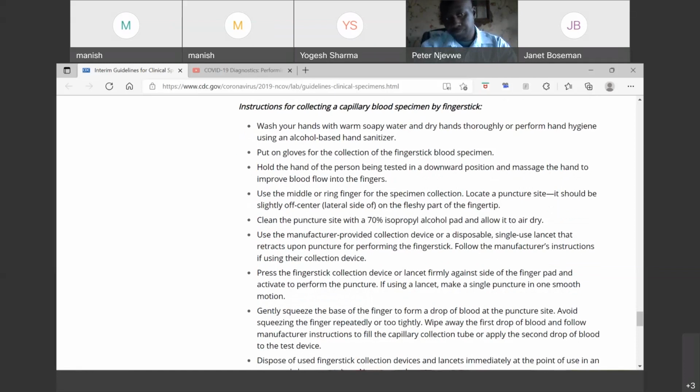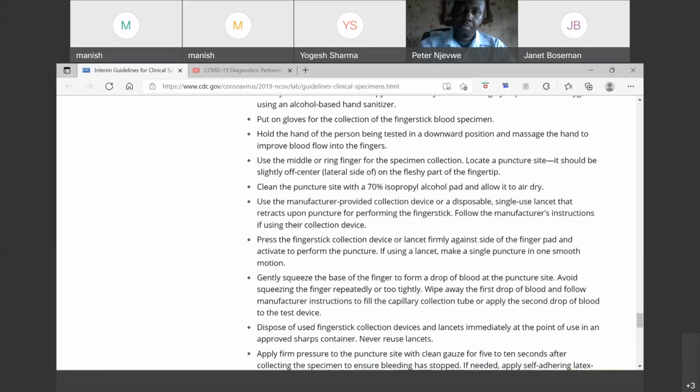Hold the hand of the person being tested in a downward position and massage the hand to improve blood flow into the finger. So to improve the blood flow into the finger, we have to massage a little bit. Use the middle or ring finger for the specimen collection. Locate the puncture site. It should be slightly off center, on the lateral side,